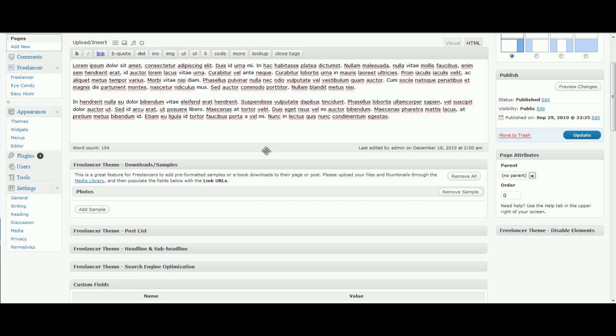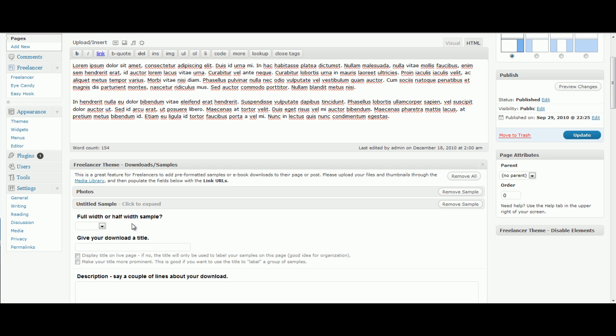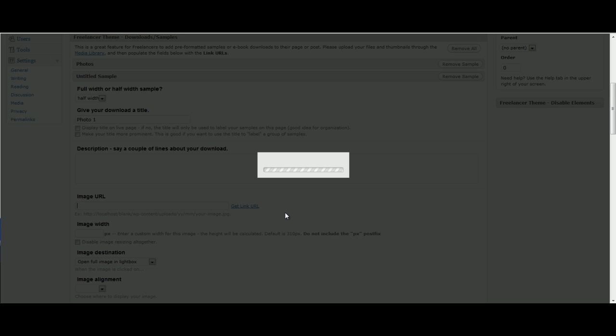So now we'll go down and we'll click on the Add Sample button here. Let's add a few photos now. Let's make this one half width and I'll name it Photo 1 because I won't show it on my website. So I'll leave both of these unchecked. This will simply show in here so I know what's which and it won't always say Untitled Sample. So let's go down to image URL. So we'll click on this link, get link URL,